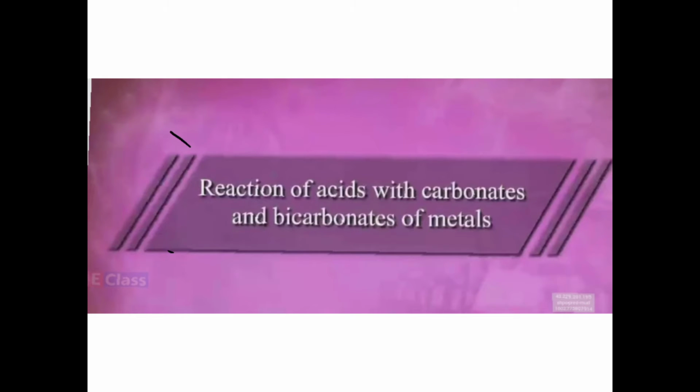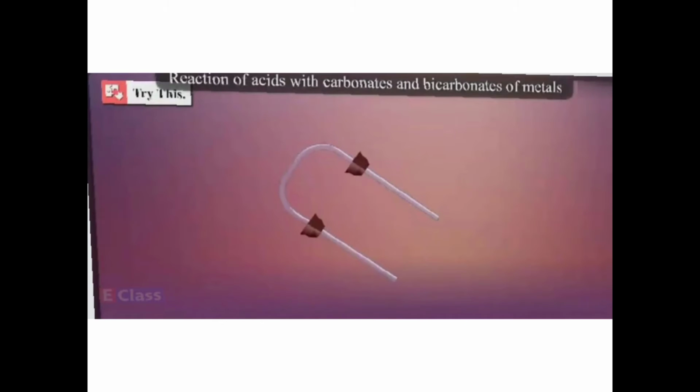We will now go ahead with the reaction of acid with the carbonates and the bicarbonates of the metal. Now here children, you are going to take a bend tube. What is this called? Bend tube. You should know the name of the apparatus also. They might give you this diagram and ask, the above apparatus is: A option, bend tube, B option, dysfunnel, the third option, burette, fourth option, pipette.